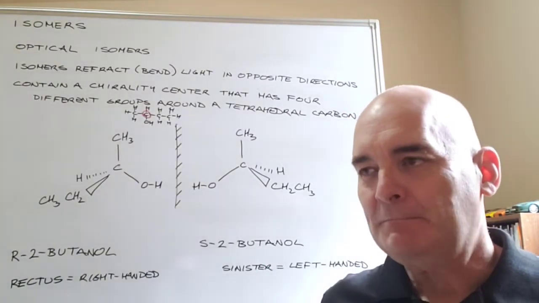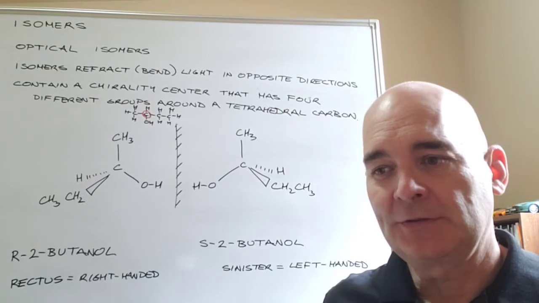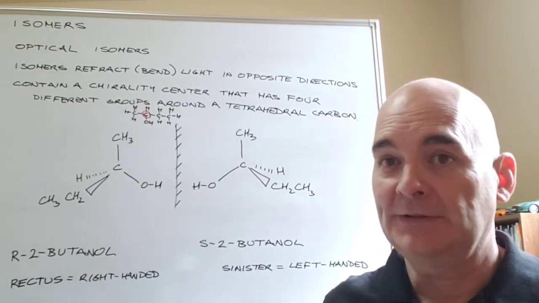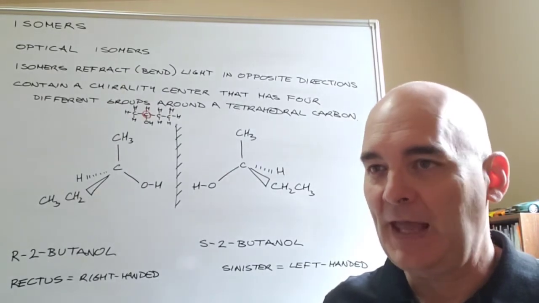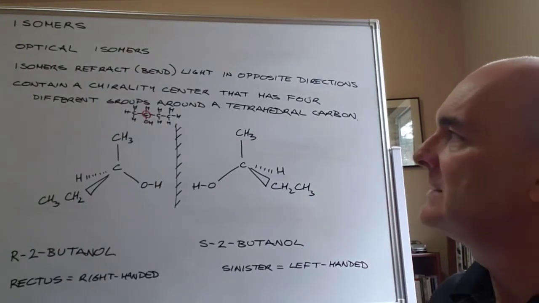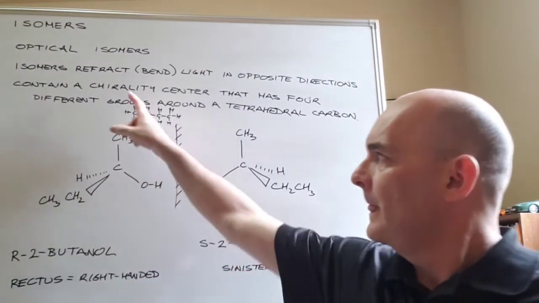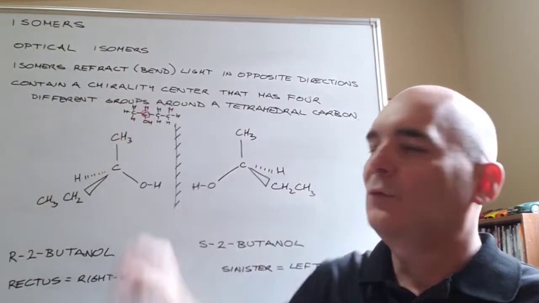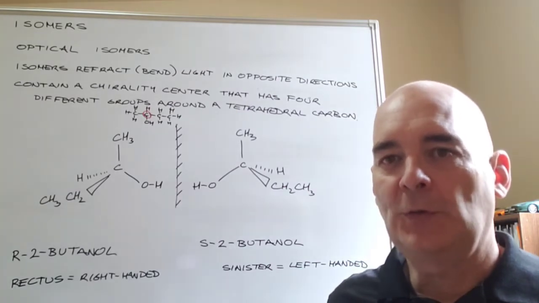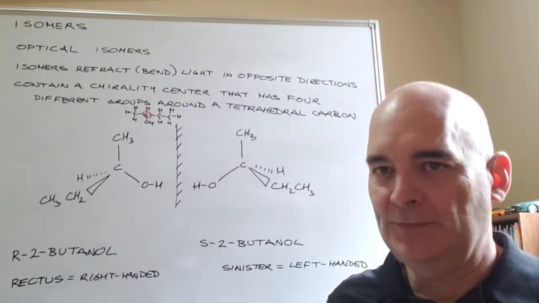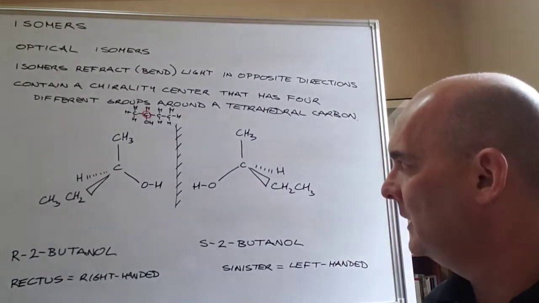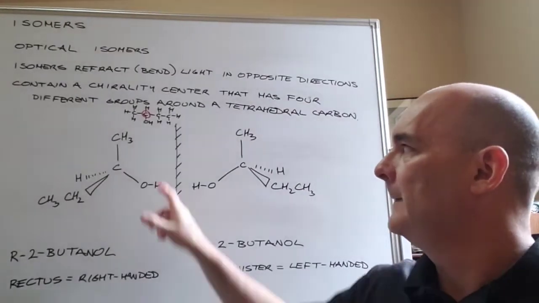Well, it turns out that some solutions of molecules will bend light to the right and some will bend it to the left. And this comes about when the molecule contains a chirality center. Chirality is when a tetrahedral carbon is bonded to 4 different groups. And that can start to appear when our molecules are still fairly small and